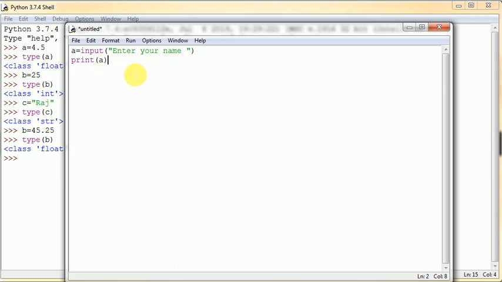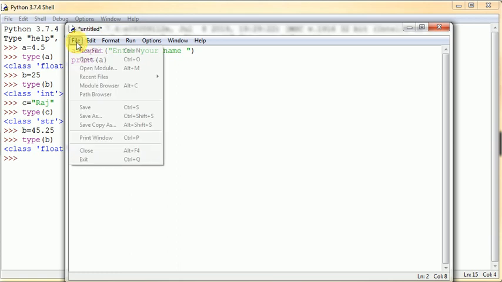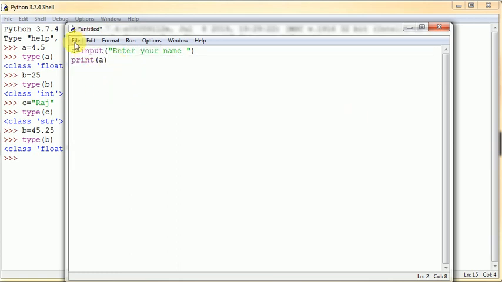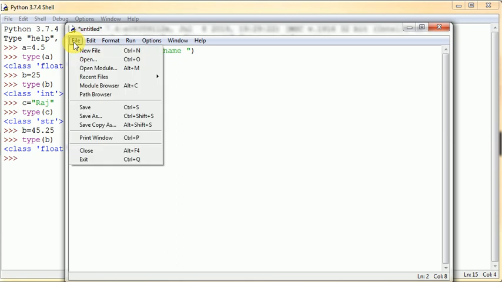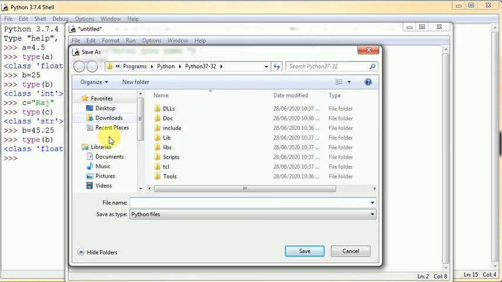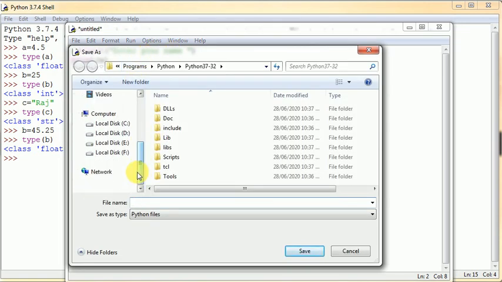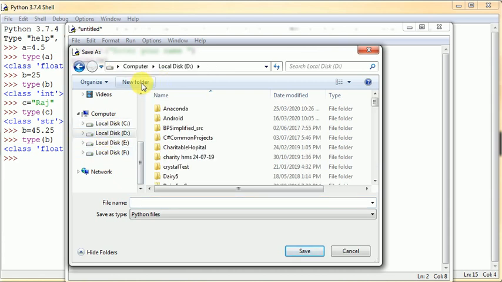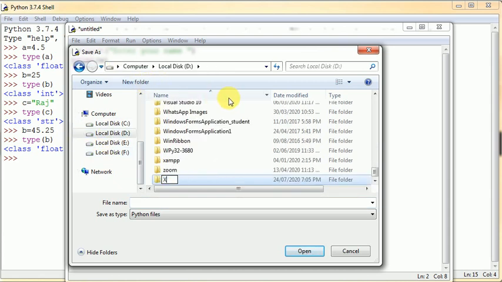Okay, simple two-line statements. Now when you write a program in script mode, you have to save it first. Click on File and Save. It's better if you create one folder in your drive, 10th class program.